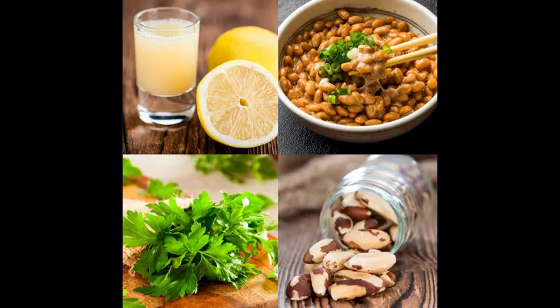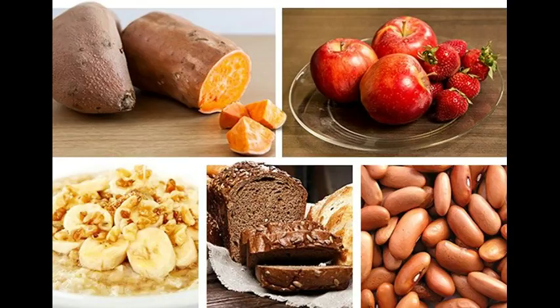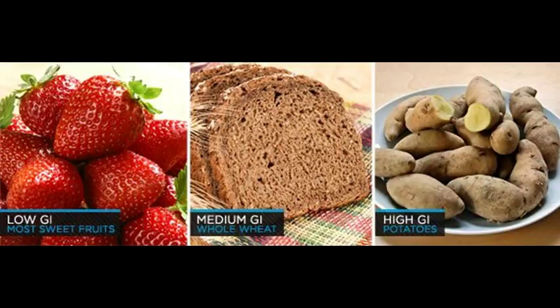Complex carbohydrates are foods that consist of long chains of simple sugars. Foods such as beans, legumes, many veggies, oatmeal, bran, wheat germ and more are examples of complex carbohydrates. Based on factors like nutrient density, some of the least processed low glycemic foods you can eat include